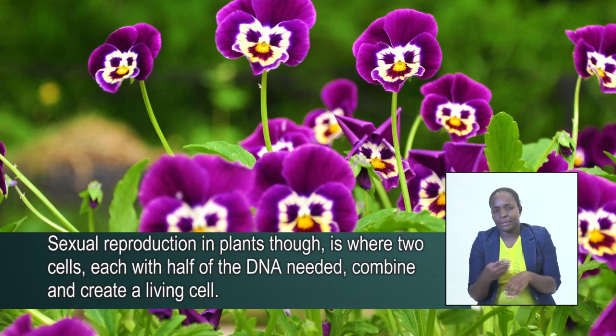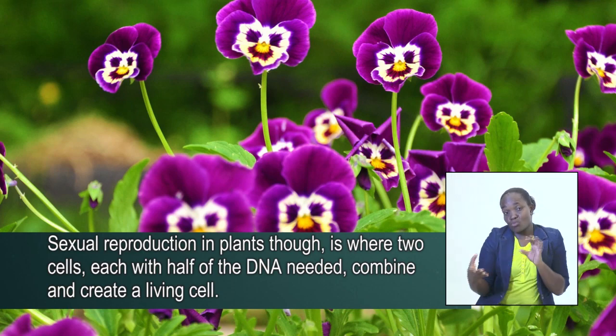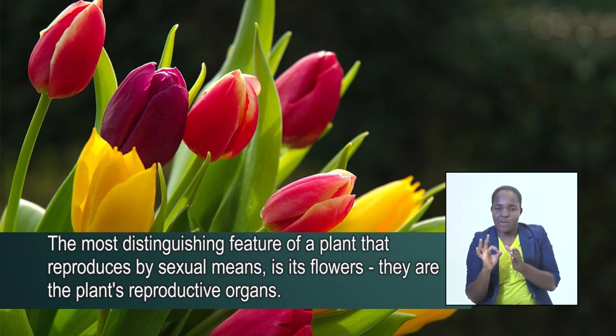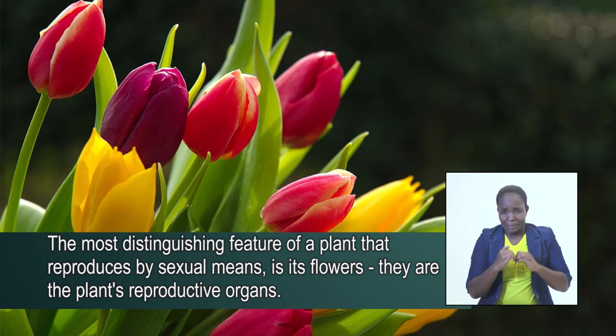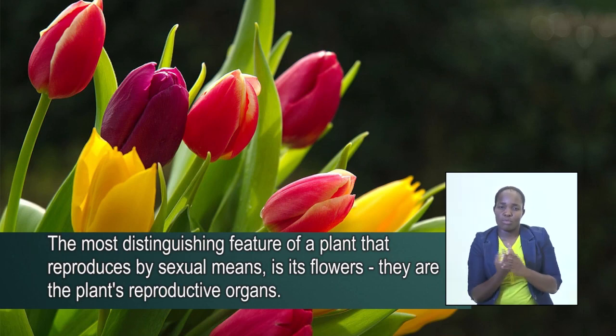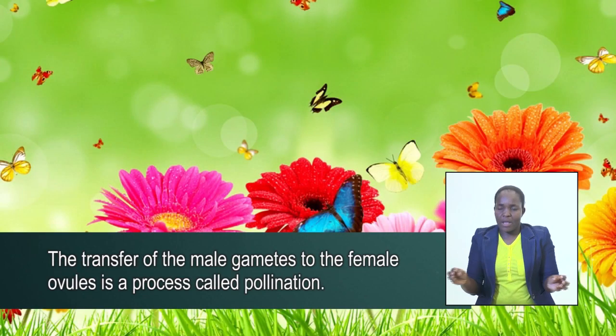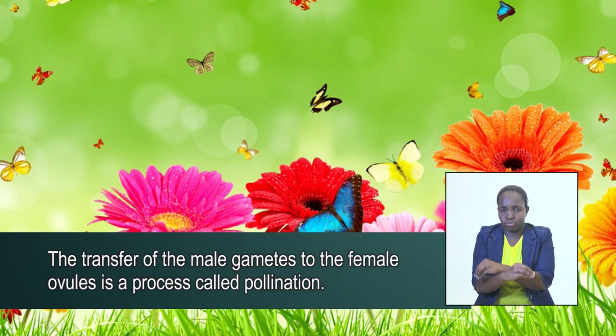Sexual reproduction in plants, though, is where two cells, each with half of the DNA needed, combine and create a living cell. The most distinguishing feature of a plant that reproduces by sexual means is its flowers. They are the plant's reproductive organs. Flowers produce male and female gametes, and the transfer of the male gametes to the female ovules is a process